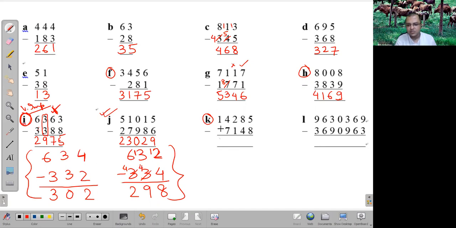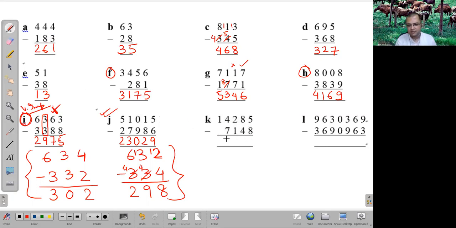Vrinda, just a minute. Why will this become 0? Because already you have a 0 here, and this 0 will become 1. So 1 minus 1, 0. Okay. That is one way of looking at it. Another way of looking at it is directly like this. You can do it this way also. 14 minus 7, 7. This is another way of looking at it. Okay, Vrinda, you can continue.